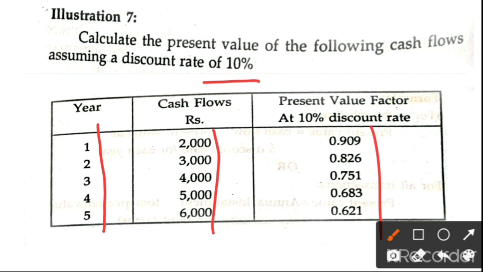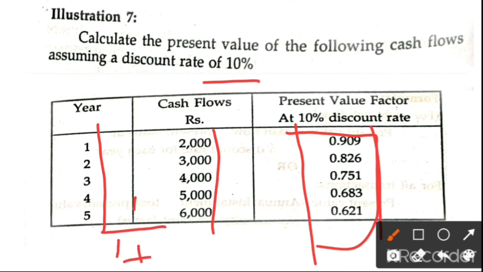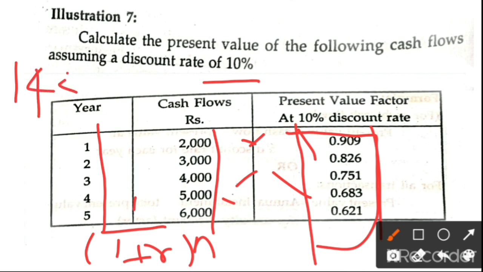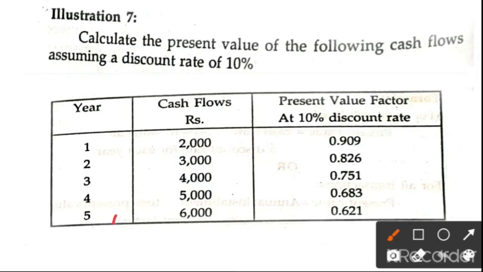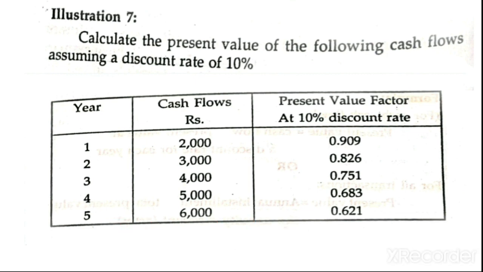Is it clear, dear students? Even if the discounting rate is not given in the problem, already I told you, 1 divided by (1 plus r) raised to n. So by using this formula you have to calculate, and you will get this. So already you have this answer, both pieces of information are available. Directly you have to multiply, you will get an answer. I think the total present value is 1,441. So this is the total answer for this problem. Just you work it out. So this homework's total present value is 1,441. This is the present value, just you have to work it out.